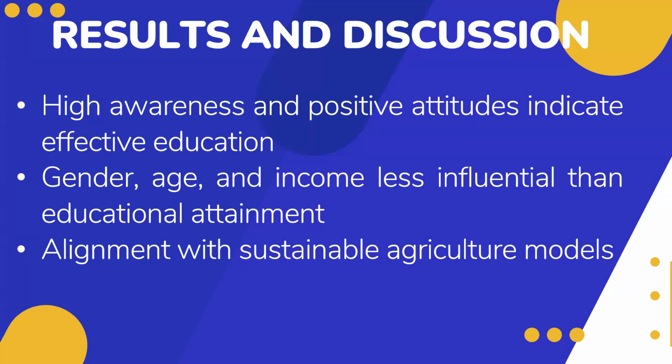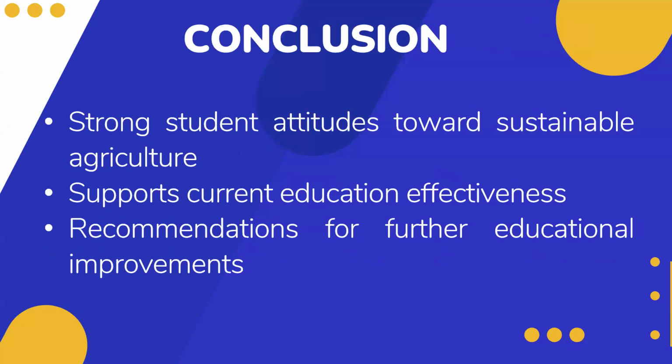So the high awareness and positive attitudes indicate effective education, and also alignment with sustainable agriculture models. In conclusion, according to the study, parents' educational background and monthly income have a significant impact on the level of understanding that Sulu State College School of Agriculture students have of sustainable agriculture. The participation of parents in agriculture and demographic factors